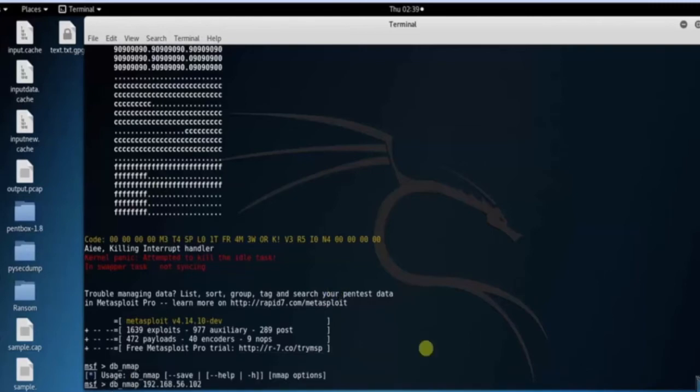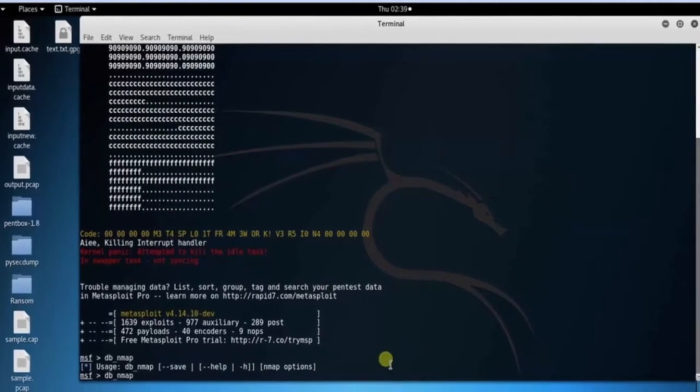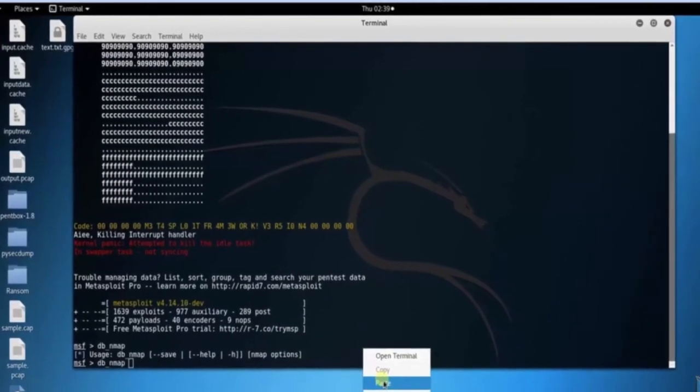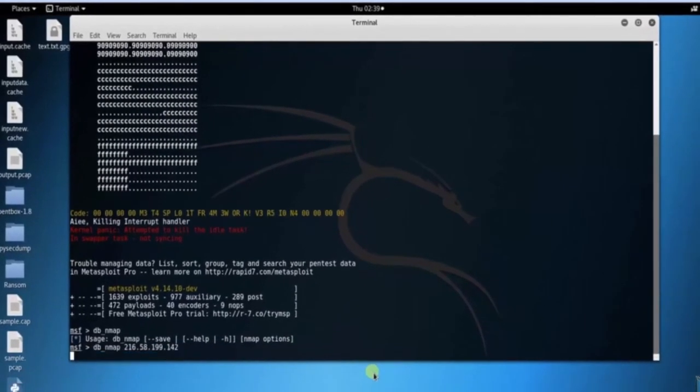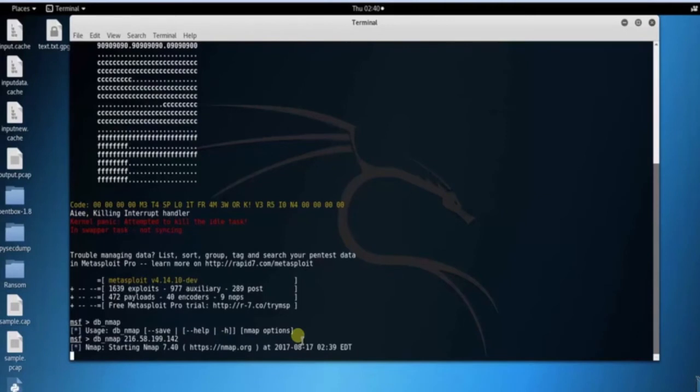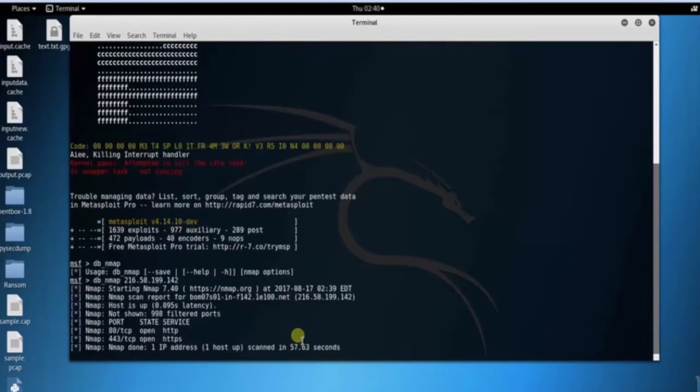Type db_nmap 210.58.199.142. You can see that all information is stored in database. Using these open ports, let's connect to open port using connect command. Type connect